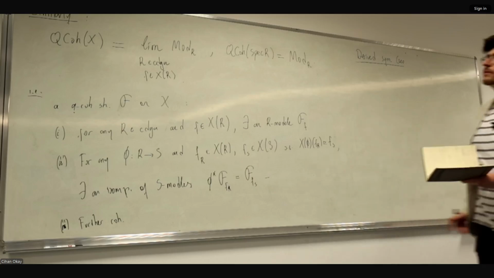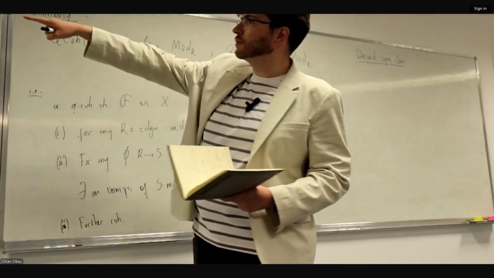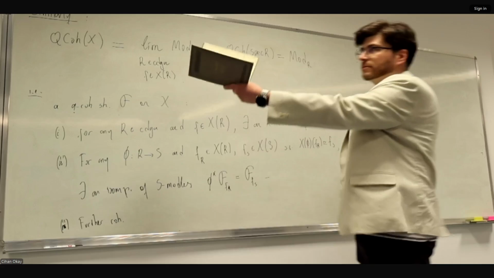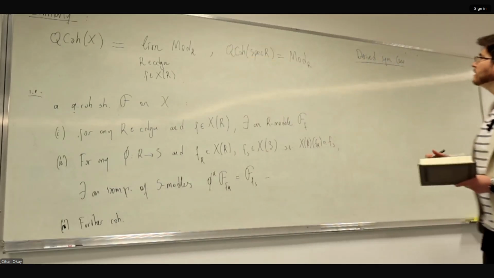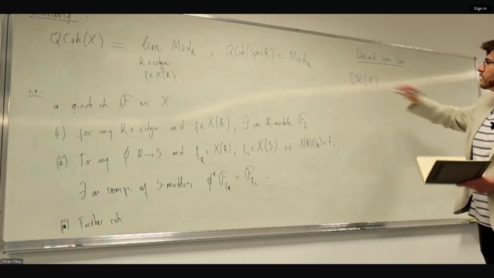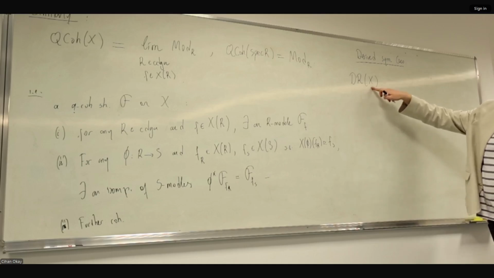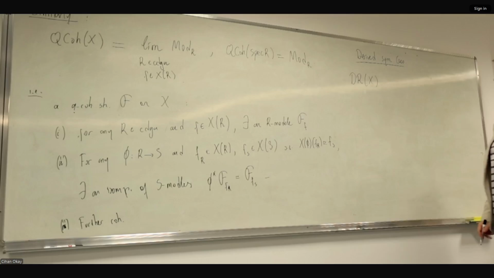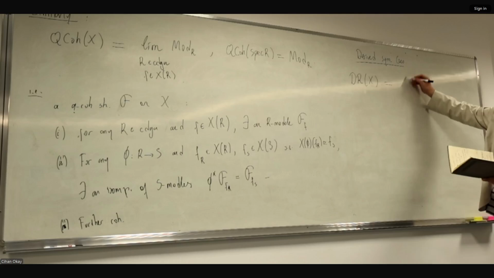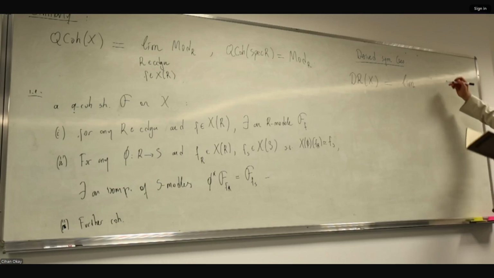But as we did over here for quasi-coherent sheaves or global functions, this is your structure sheaf. So now we will have something like this. Remember, we discussed the de Rham algebra, but for affine schemes. But now you can define this thing by using the same logic, limit in infinite categories,